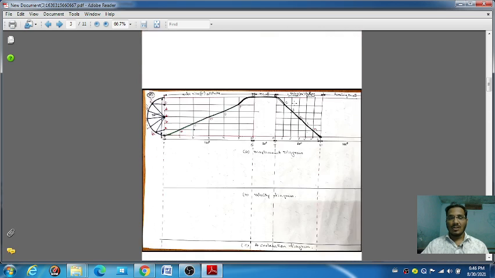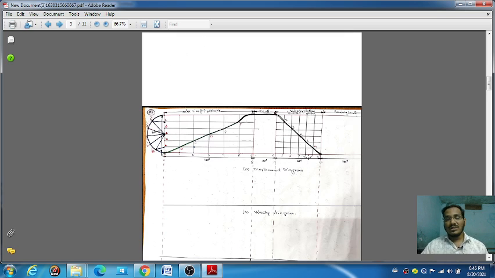Here also you have to note the reading, and to get this figure you have to take the reading from this point and this point. Here also you are dividing into 6 equal parts. You can divide into 4 or 5 or 10 equal parts, it's up to you. But whenever you are dividing, you have to see how many equal parts will fit at maximum in this length of the follower. If we divide more, the lines will be very close to each other.